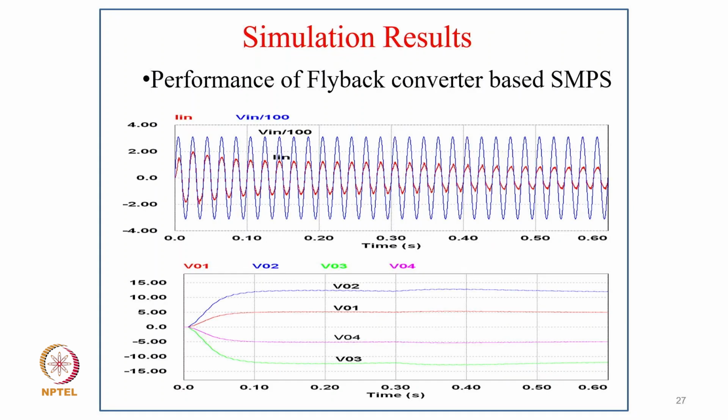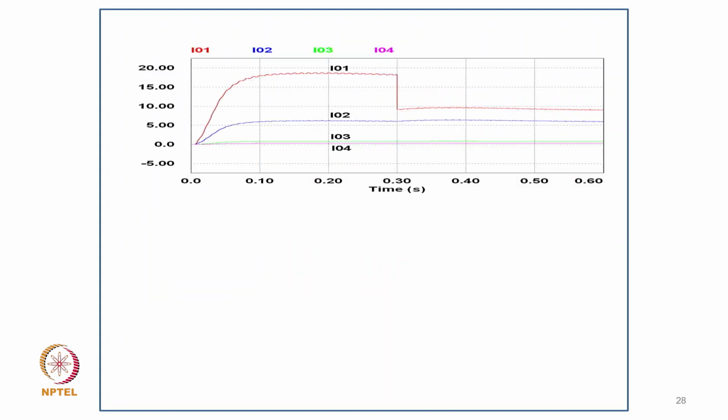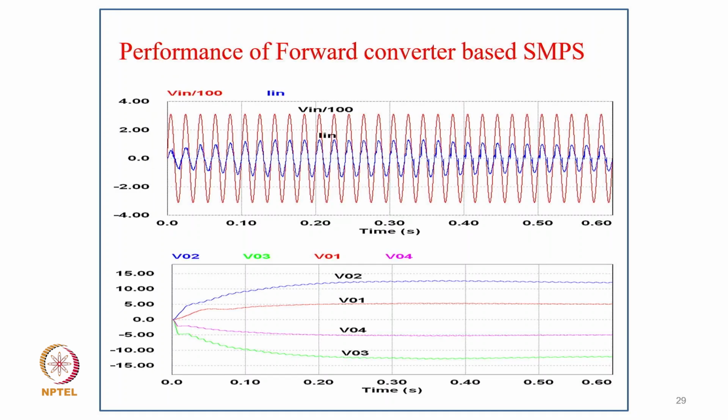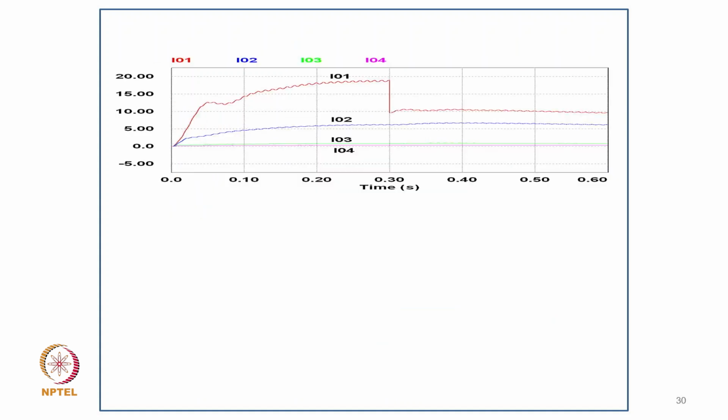Typically, you can look at the performance of a flyback converter switch mode power supply with proper design: how the input voltage and input current behave, and how the multiple outputs vary during operation, in response to starting also. And then with load variation, if the load varies on the output, how is the performance? In the case of the forward converter, there is another converter, where the input voltage and input current vary with the modification, as well as the output voltage and the load variation.